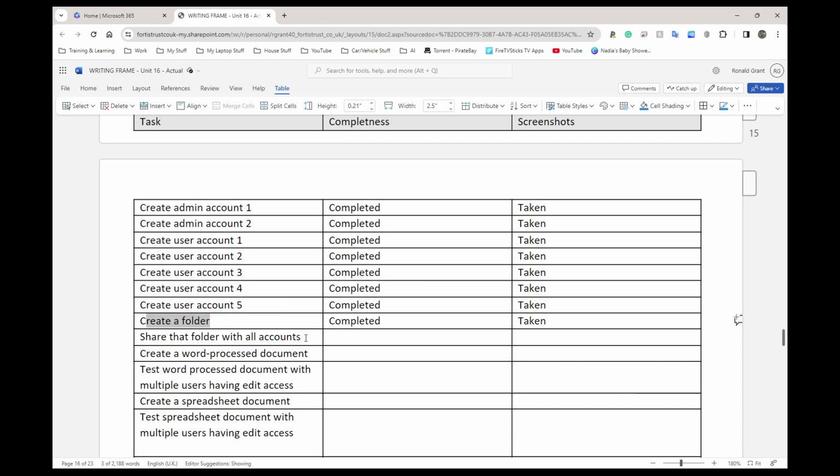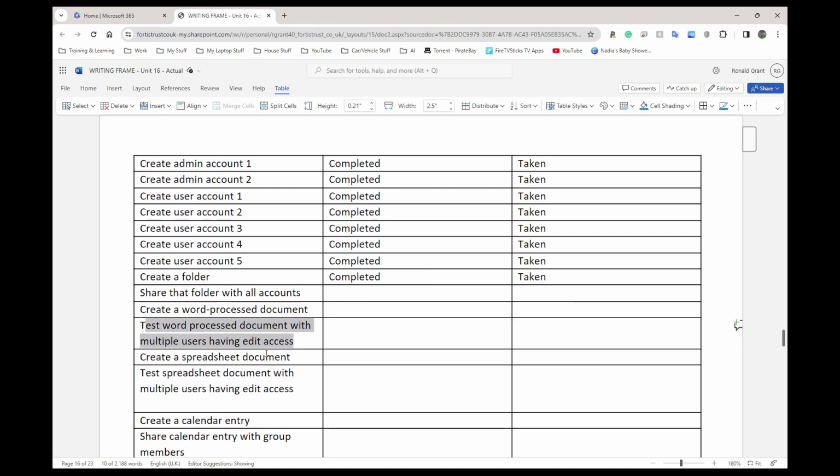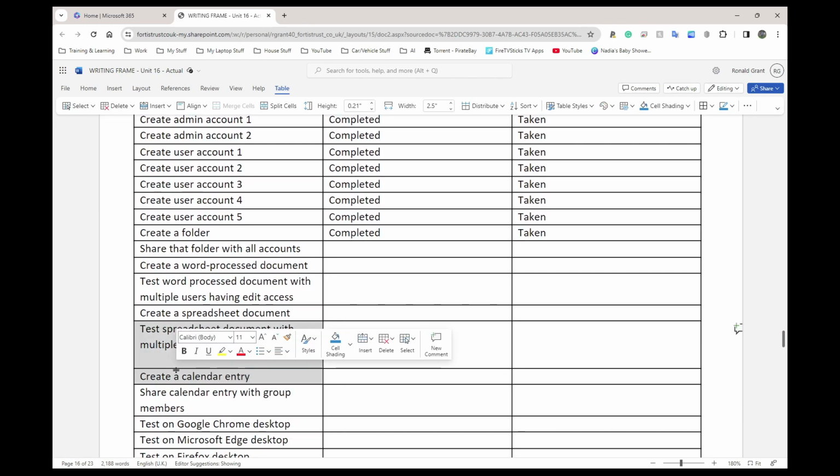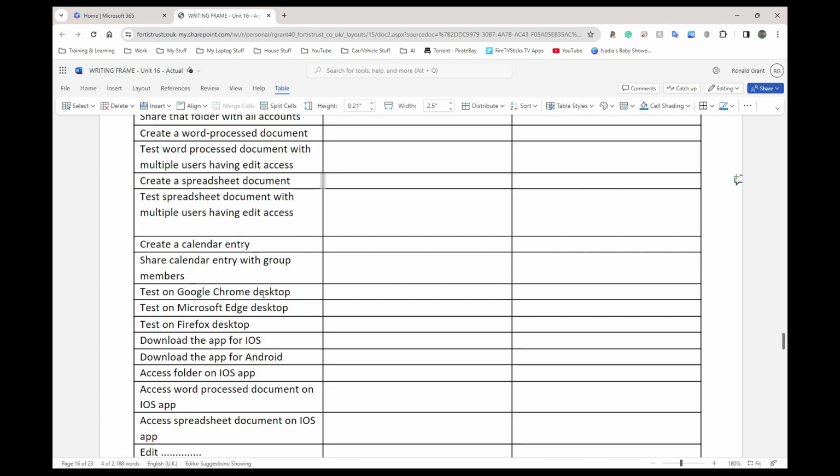I'm going to share that folder with all the accounts, create a word processing document, test the word processing document with multiple users, create a spreadsheet document, test the spreadsheet document with multiple users trying to edit at the same time, create a calendar entry, share the calendar entry, test the system on Google Chrome desktop, test on Microsoft Edge desktop,